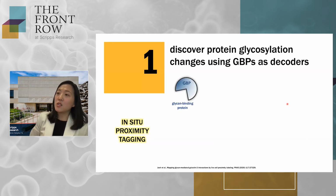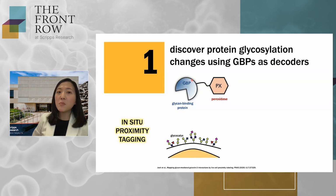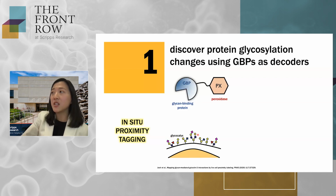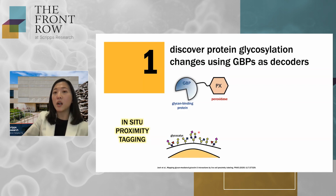One thing that we've done is to use a technique called proximity tagging, where we take a glycan binding protein of interest and then fuse it with another enzyme called the peroxidase enzyme. We make a panel of these engineered glycan binding protein readers, incubate them with different cells at different stages of interest. Now, these glycan binding proteins can naturally recognize different types of glycan patterns at the glycocalyx, so it's inherently built in with them. And all we have to do is sort of create the technique or a modality to